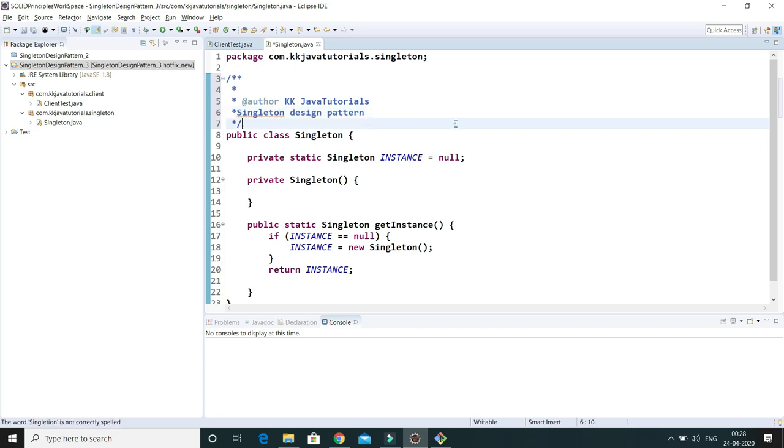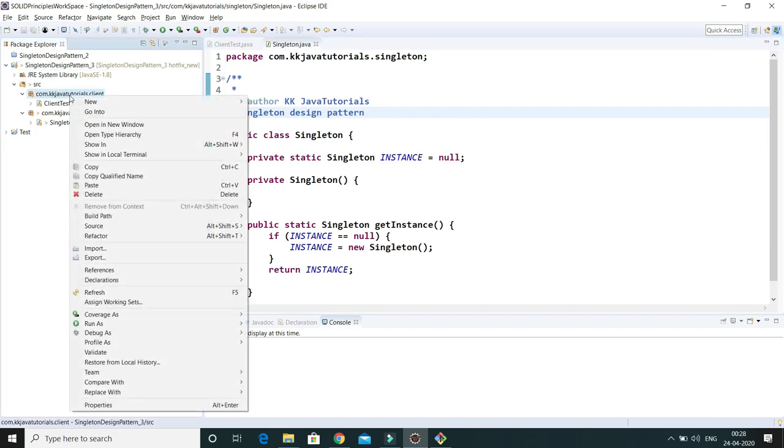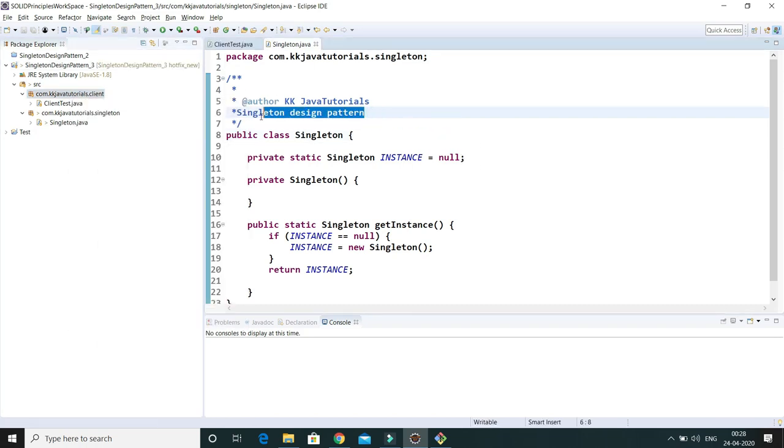So I have added a Java doc over here, and let's say I'm going to add one more file.